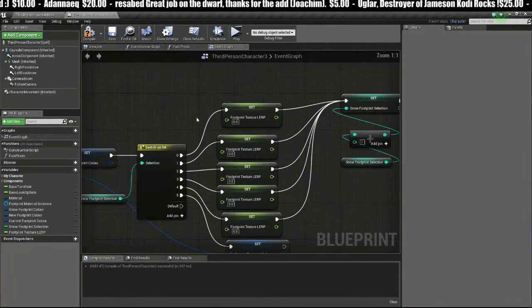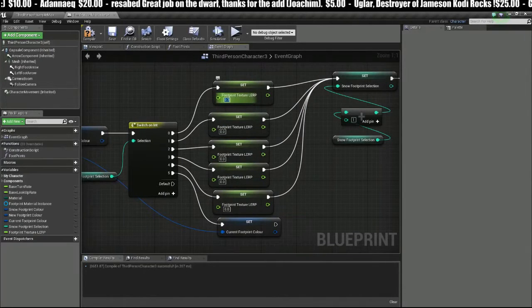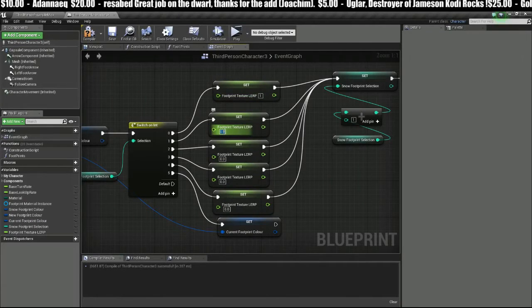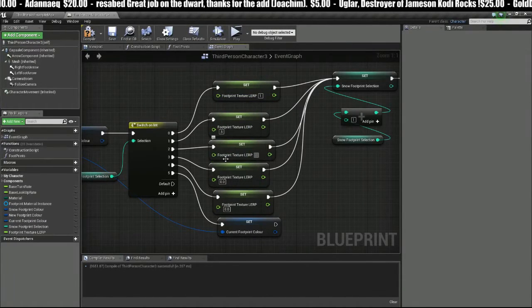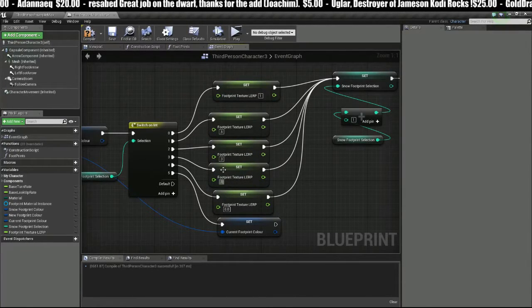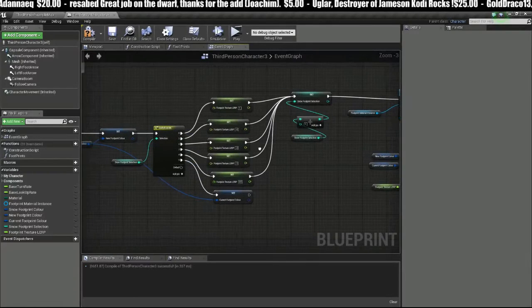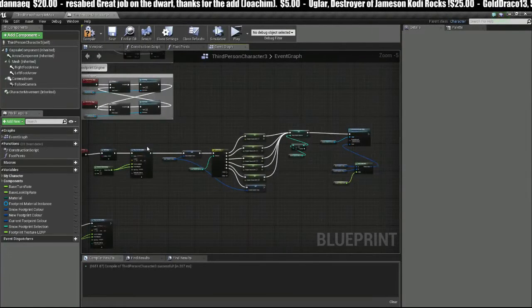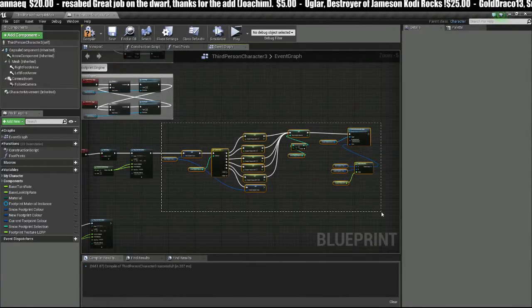And now all we have to do is set these variable numbers here. So we're going to set it at 1 initially, 100%, and then 0.5, 0.3, and then we'll do 0.1. Actually, I'm going to make this one 0.2, and then to 0. So that should give us a nice fade, 1, 0.5, 0.2, 0.1 to 0. Okay, so now that we have that set up, we can go ahead and copy this entire section here